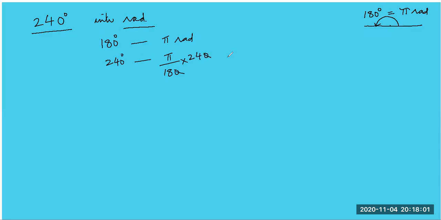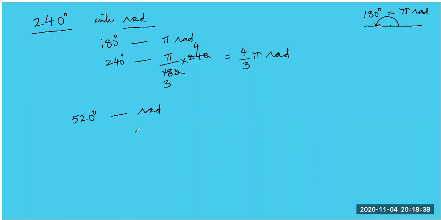So this would be equal to, yes, come on guys. This would be equal to 240 by 180 radians. Yeah, students, tell me. So you can say this is equal to 4 by 3 pi radians. 6 4s are 24, 6 3s are 18. Right? So I'll do one more sum. Can you help me convert 520 degrees into radians?